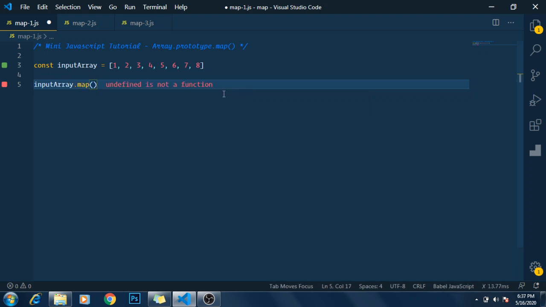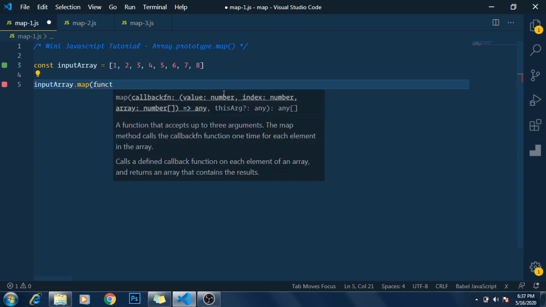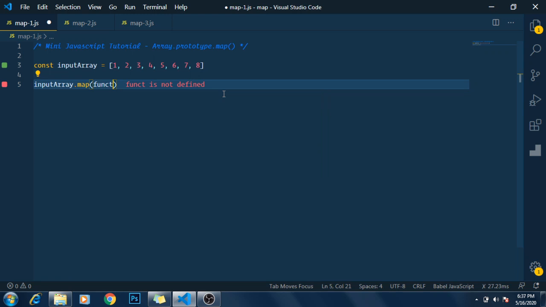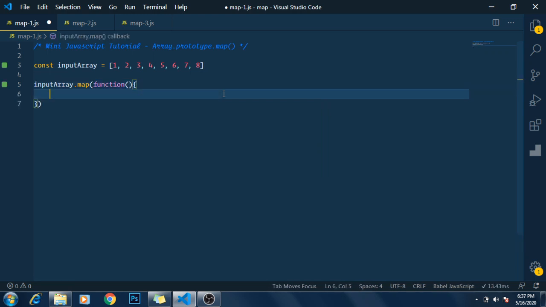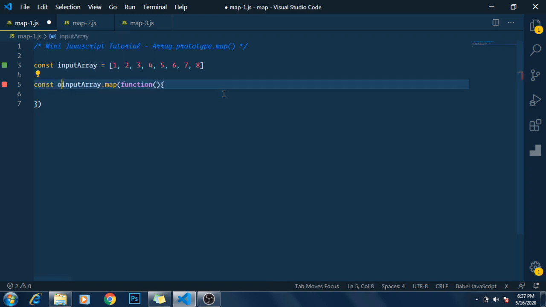Now, the .map function expects a callback function as its input parameter, so I have to pass a JavaScript function. I can pass an anonymous JavaScript function as an input parameter to the map function. Since .map generates and returns a new array, I'll go ahead and assign it to a variable.